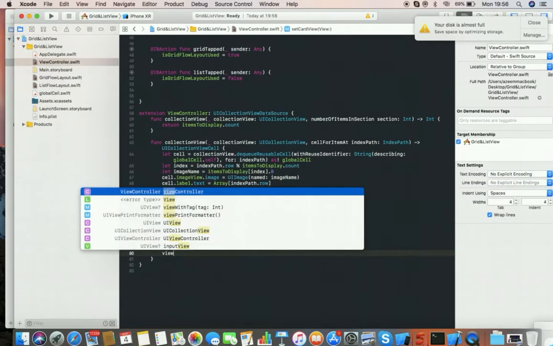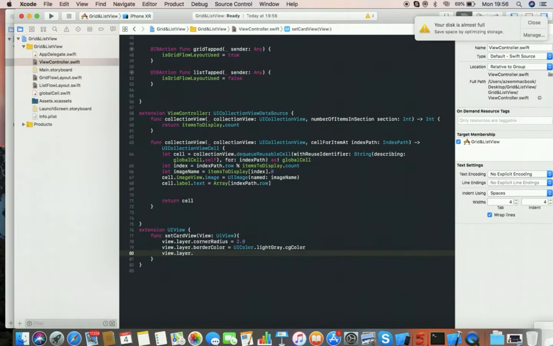Then view dot layer dot border width will be 2.0,